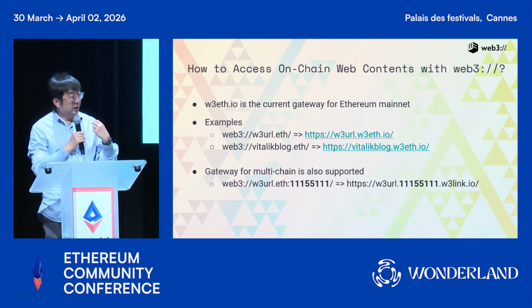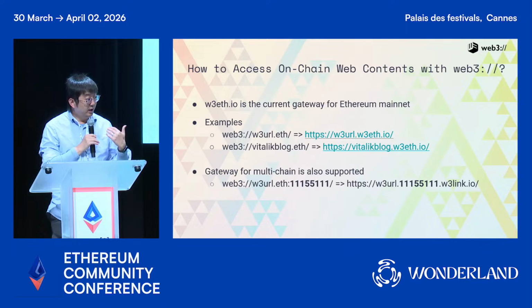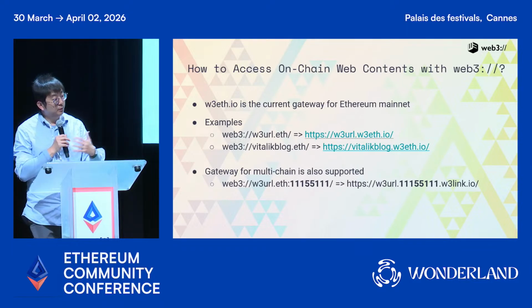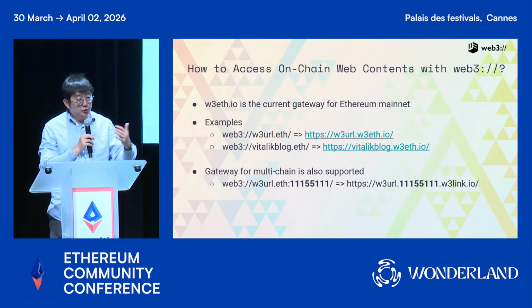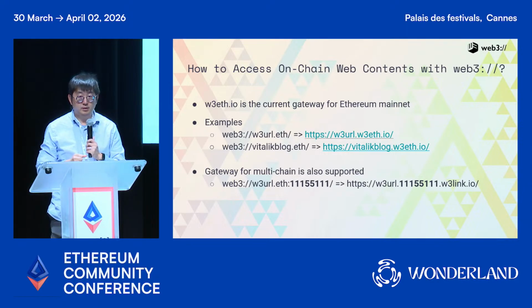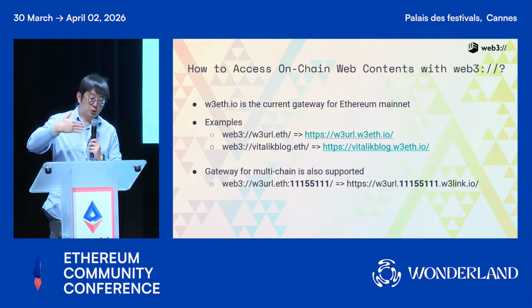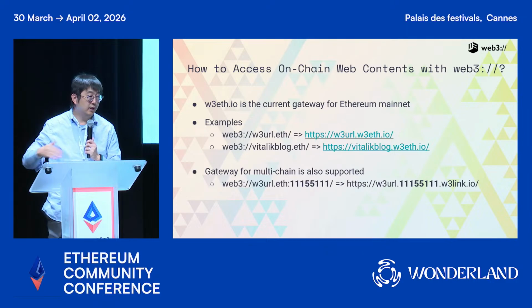And so how do we access this on-chain data with Web3 URL? Right now, we are still working on a pathway similar to IPFS. We have a gateway, which is open source, so you can also run your own gateway. The gateway will replace the corresponding contract with a subdomain and also the corresponding call in the link. And then you are able to access the corresponding content, which will make the corresponding Ethereum JSON RPC calls for the